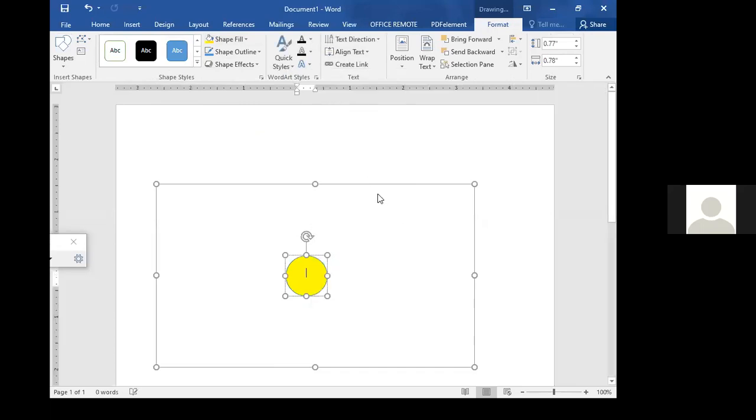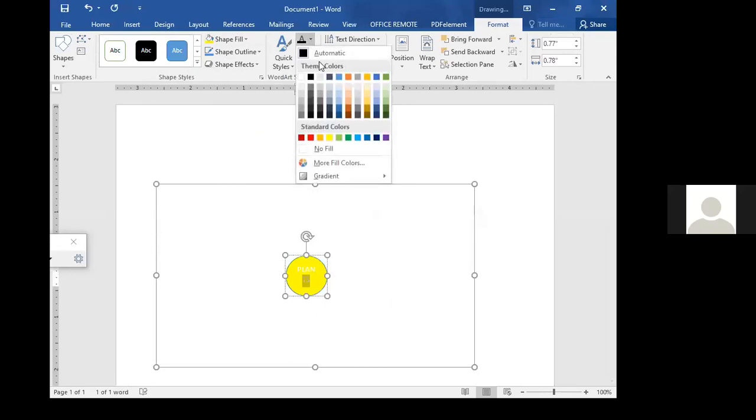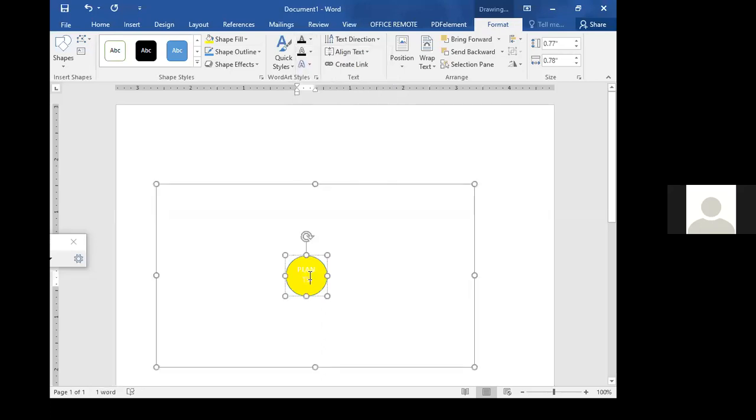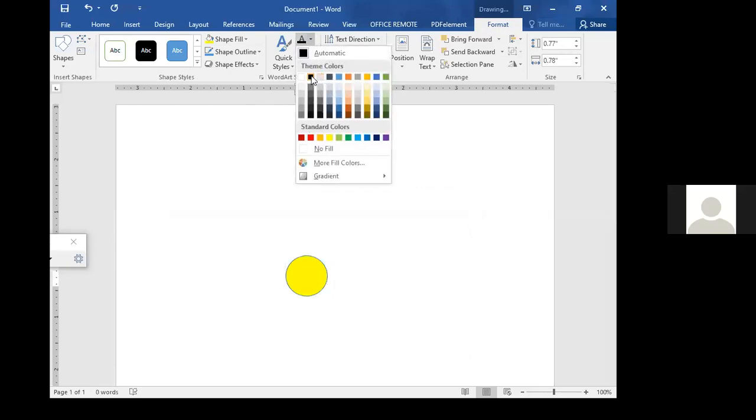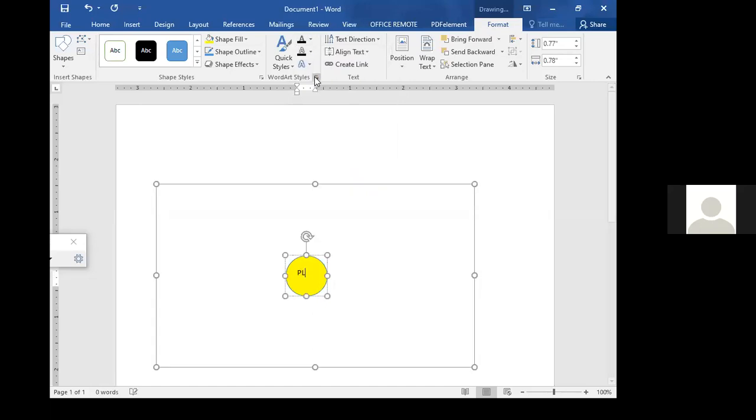You want to talk about plants, for example. So you type in the shape, plants.